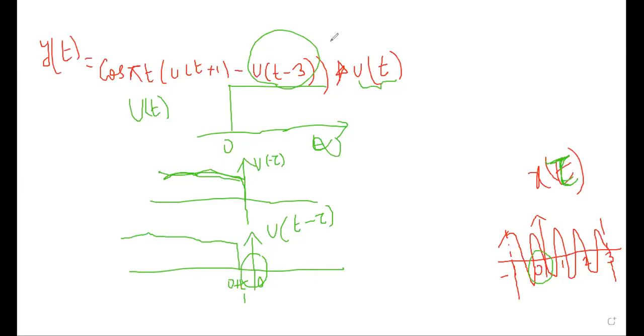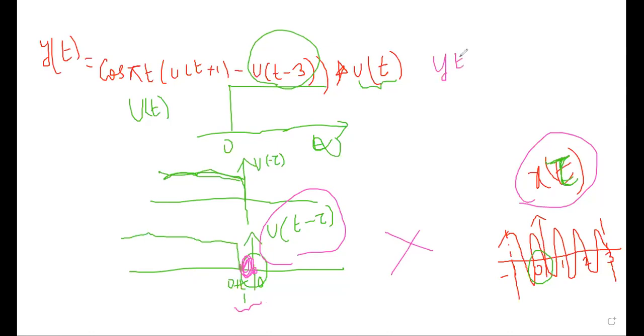Is my question clear? When t is less than 0. We are performing convolution between this u of t minus tau and x of tau. When you see the time scale here, I have nothing here, and here I have amplitude, of course, but we multiply. Will we get any output when t is less than 0? No, ma'am. So can I write my output y of t is equal to 0 when t is less than 0.